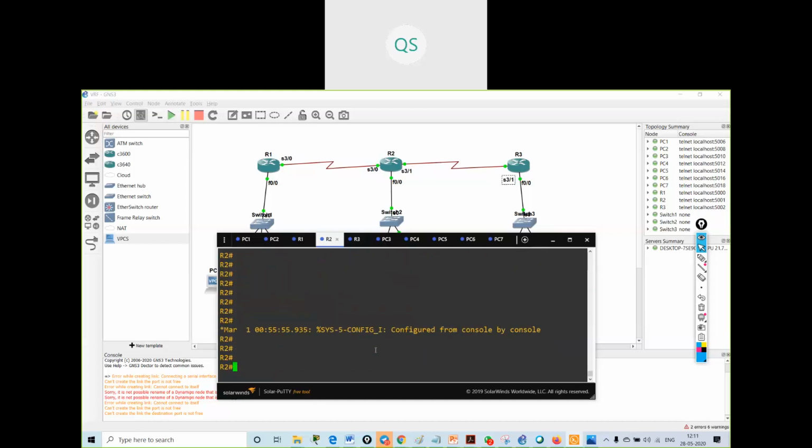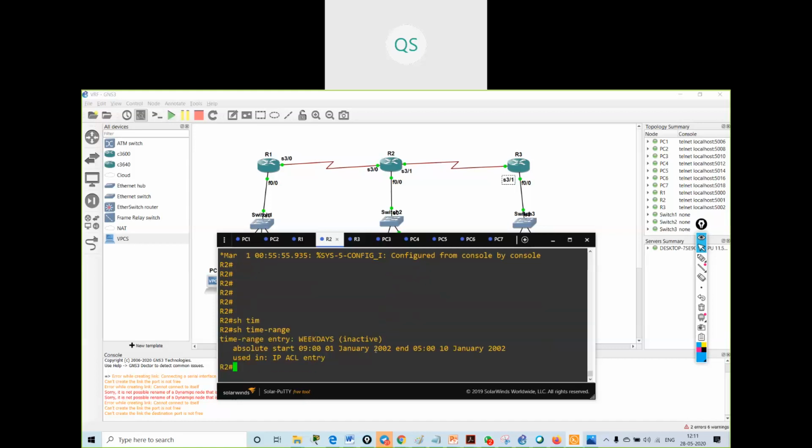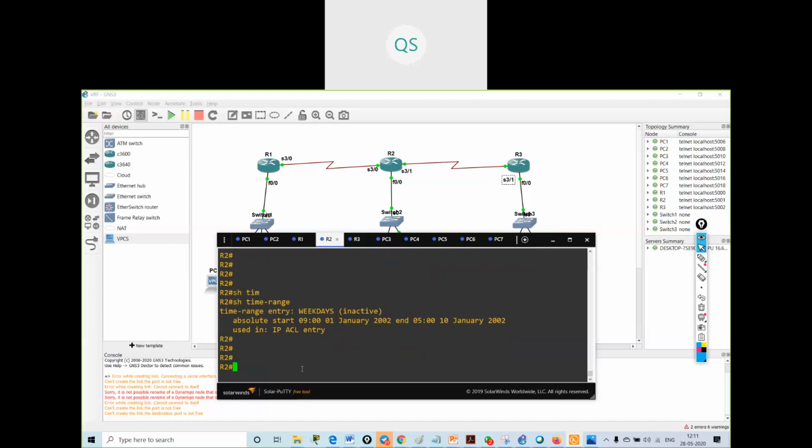Now I can see show time-range. If I give this command, my time range is inactive. You can see it is inactive, January 2002, used in IP ACL entry.